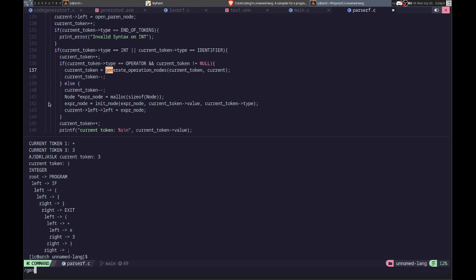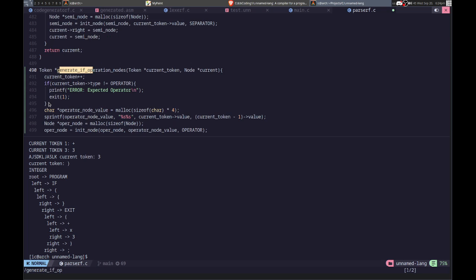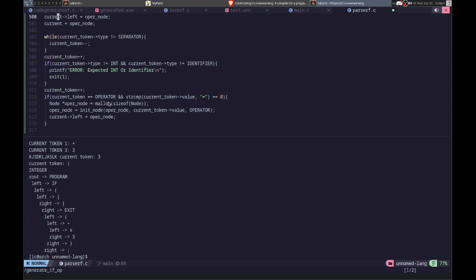So I think we can do that. All right, so let's go here. So we'll do, let me see. Otherwise, if we reach the equals, then that means that's the entire left-hand side. So we'll do